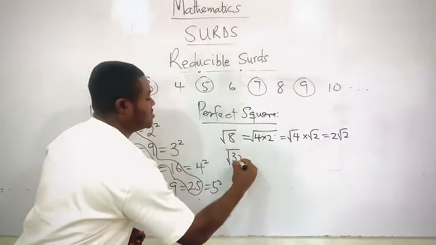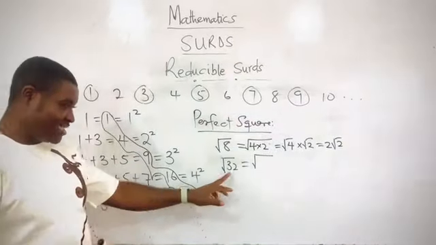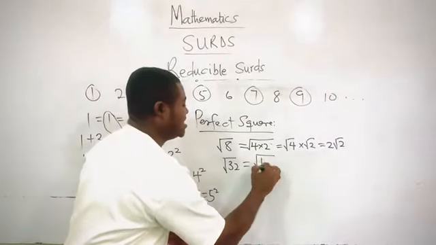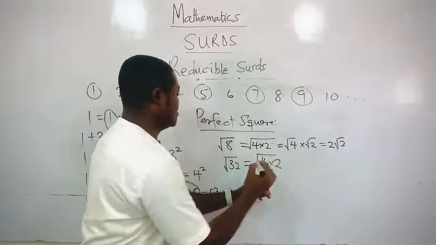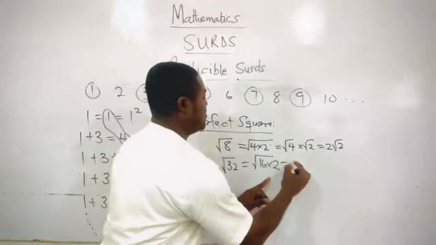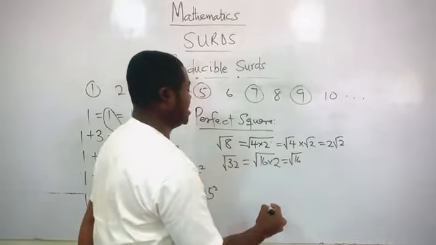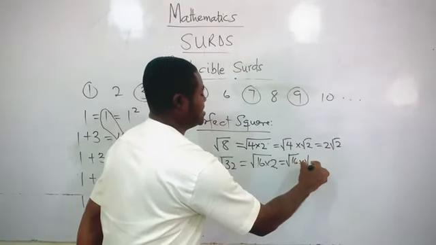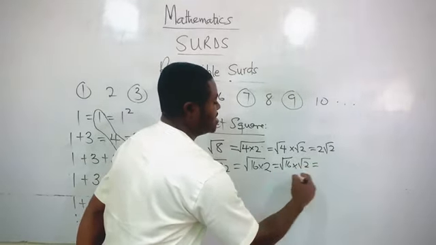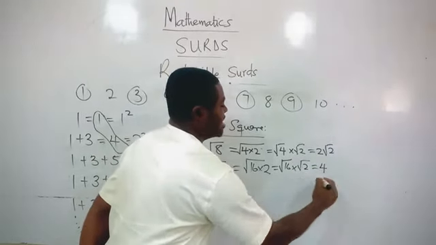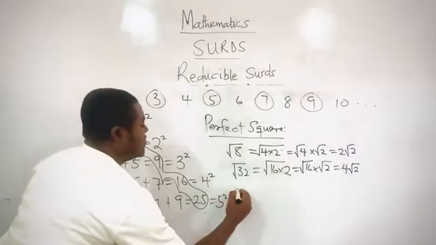root of 32, the perfect square which is also a factor of 32 will be 16 times 2. Well, that will give you 32. When we continue to break this down, you get root 16 times root 2, which is equal to 4 times root 2. Okay. When we have